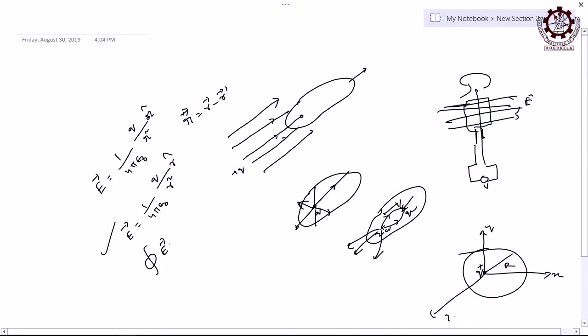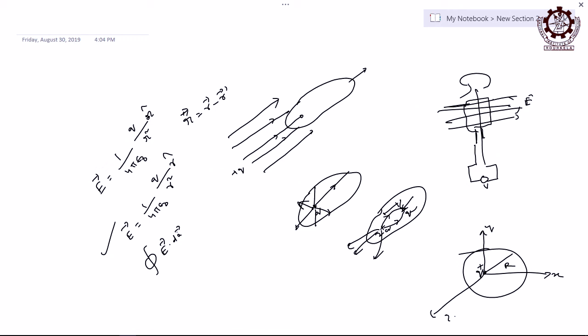Then how will you integrate this? Obviously, you can tell it is E dot dA, integration of E dot dA over the whole surface that you have considered here, right. That depends on the symmetry, whether it is symmetric like a sphere or non-symmetric, right. You can take a cylinder, you can take a sphere, you can take a plane, they are all symmetrical, but it does not matter, it may be unsymmetrical also, right.